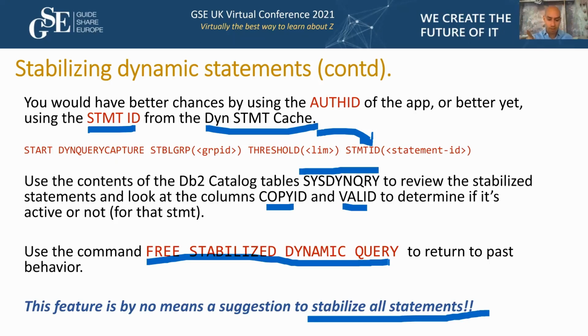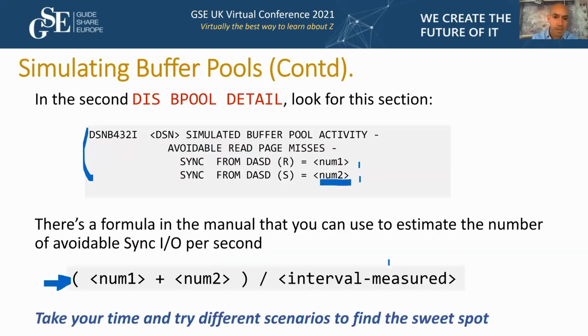If you play with this one, and then you play with simulated buffer pools, you just lost or you just missed the advantage, because the size of a buffer pool has influence in the optimizer. So if I stabilize it and then I change the buffer pool, then I might have missed another advantage from the optimizer. And I had no idea. There was no way to know. So also be careful with the order of your actions.